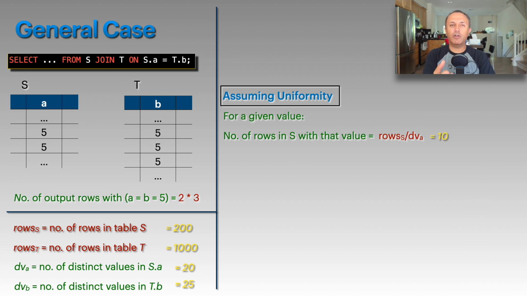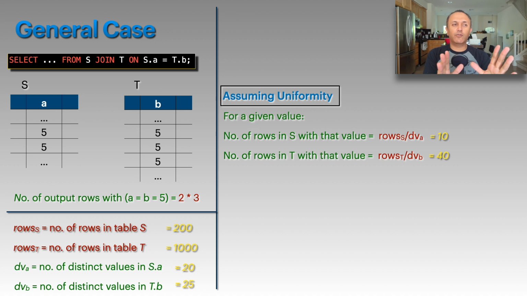Again, because we have 200 rows and we have 20 values, we're going to assume that each value exists in 10 rows. So just dividing. Again, because we assumed it's uniform. We're going to do the same thing for column T.B, because we have 1,000 rows and 25 distinct values. So we're going to assume that each of these values appears equally. So each of these values appears in 40 rows. So these are assumptions. Of course, again, they might not be accurate, but this is the best we can do